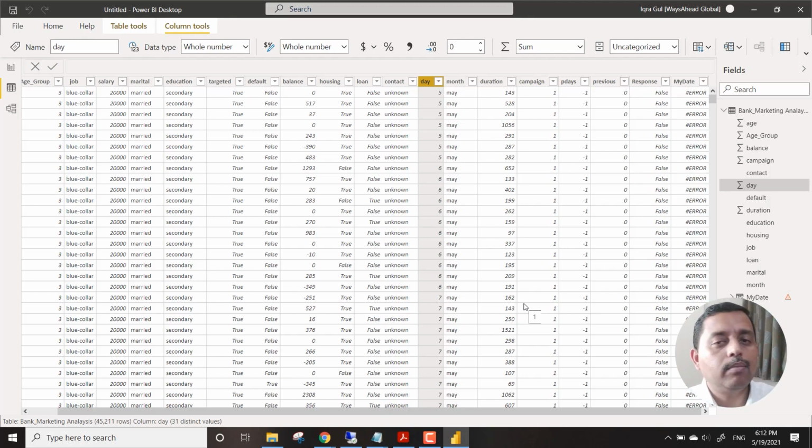We can use some DAX functions, which we are going to see in the next module. But right now, to mitigate this particular problem, what we need to do is integrate it with some replace values or something. So what we can do is bring in some column which will have the numbers along with the name, and then bring the data over here. For now, we will just leave it like this.